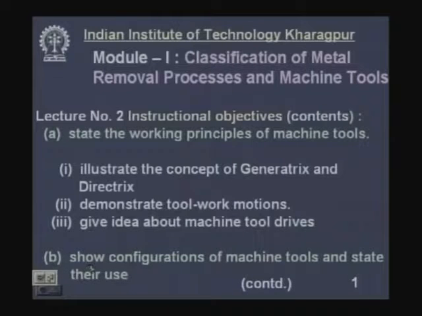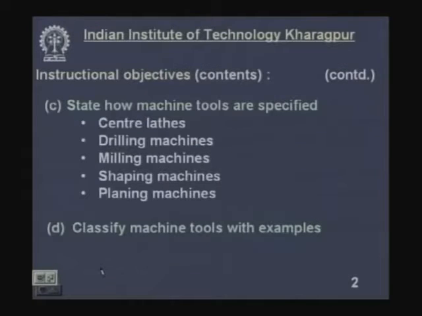B, show configurations of machine tools and state their uses. C, state how machine tools are specified, the conventional machine tools: central lathe, drilling machines, milling machines, shaping machine and planing machines. And last, D, classify machine tools with examples. Now,